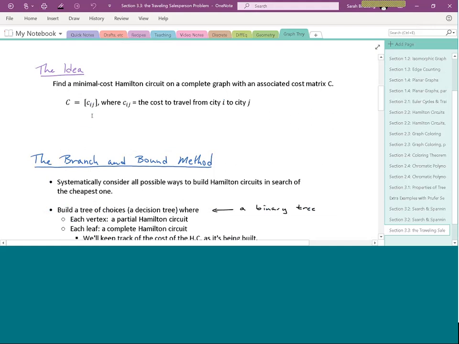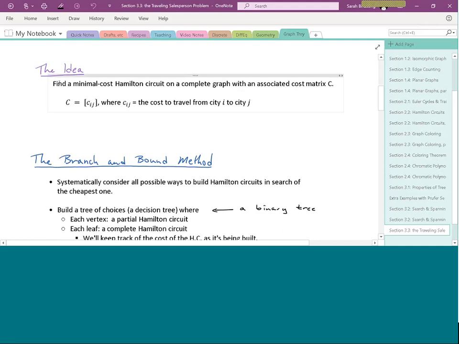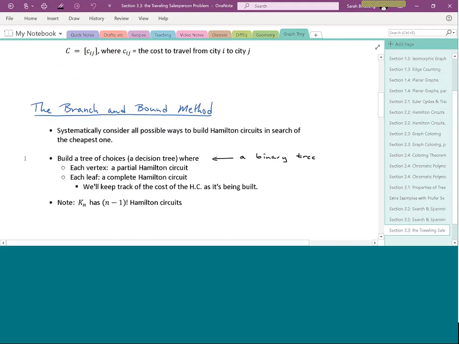Other books, depending on where you read this, will sometimes just give it to you in terms of the picture of the graph, or in some of them just in terms of a verbal description, which is always fun to deal with. Not that you can't, it's just you've got that one extra layer to put it into either your matrix or your graph. We said that we were going to be dealing with the branch and bound method, which is